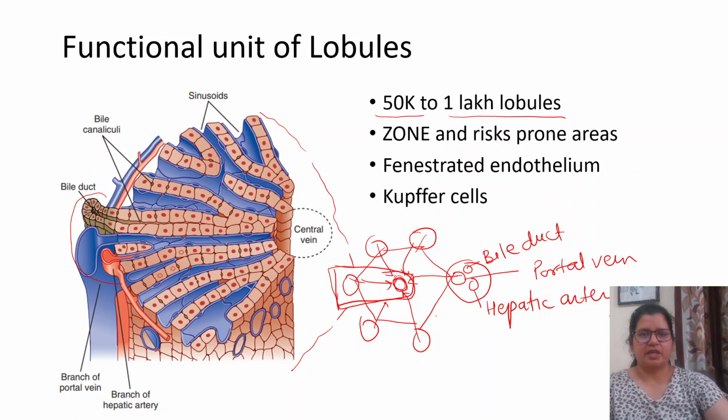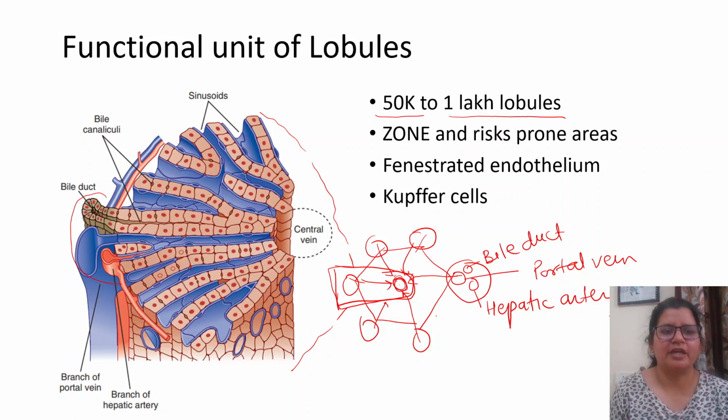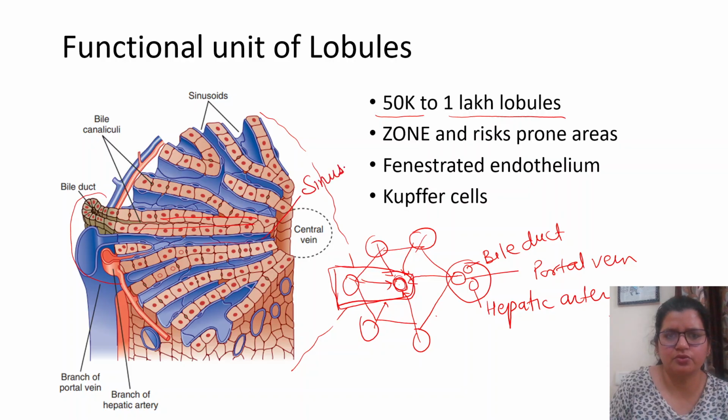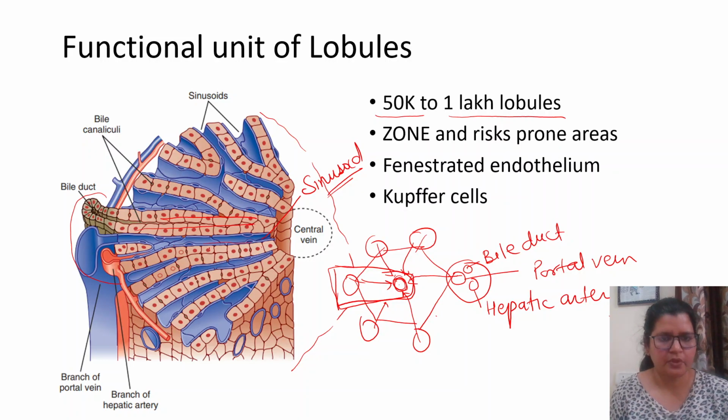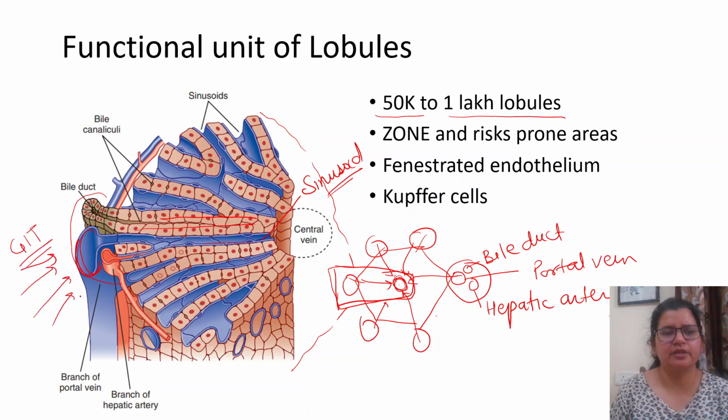If you see the structure of the lobules, hepatocytes are arranged like this. These are hepatocytes. And you can see the blue canal-like parts, which are called sinusoids. Sinusoids are the open spaces, canal-like, between the layers of hepatocytes. And you can see this is a major vessel, which is the portal vein. From the GIT, the portal circulation comes here. It collects in the portal vein, and this is one branch of the portal vein.